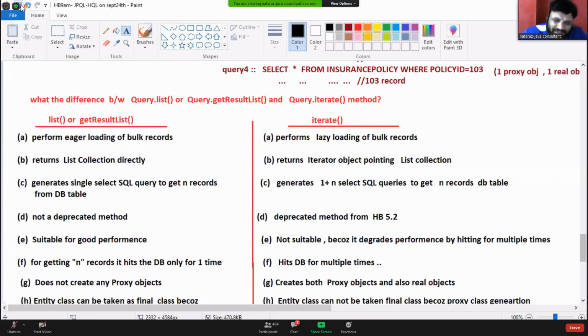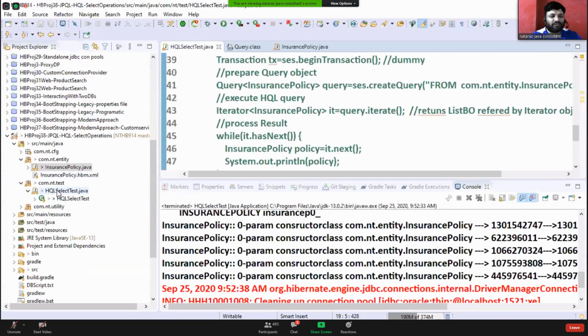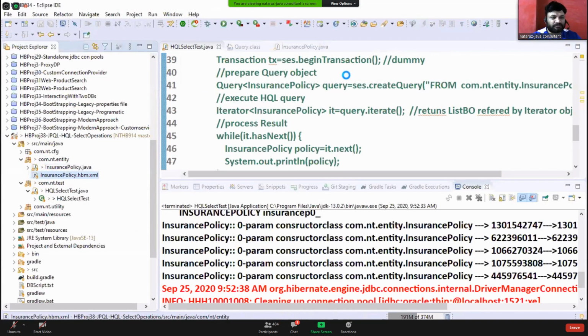Come on, guys. More than sufficient differences I have given. Anyhow, in future, no iterate method, only list method will be there. Don't worry, so that's why there's no need of experimenting by taking final. But one thing I want to say, boss, while working with bulk operations,